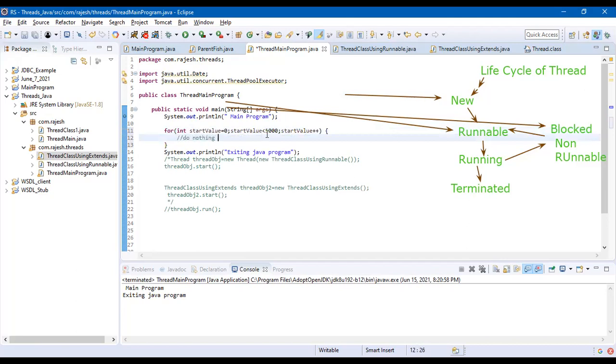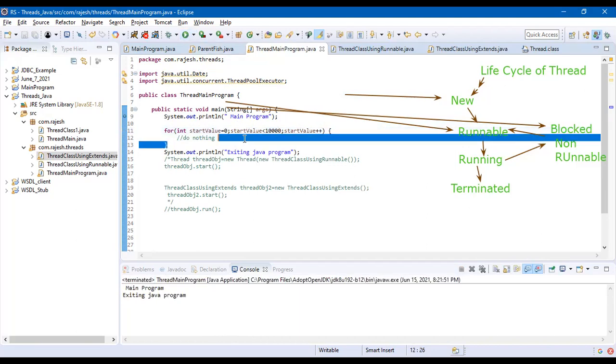So this loop will just run 1000 times. If I give this, it is fast again. If I give 10,000 times, again it is fast.